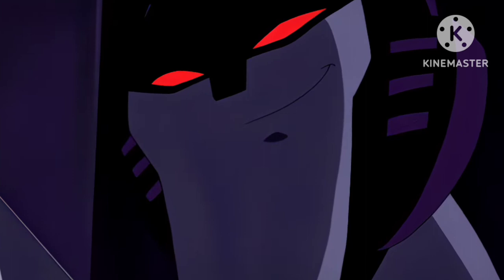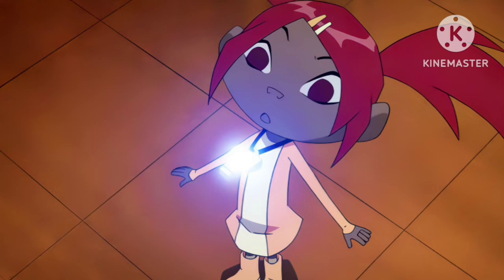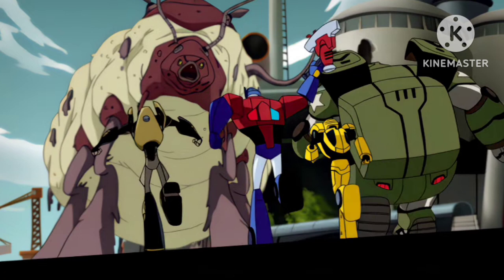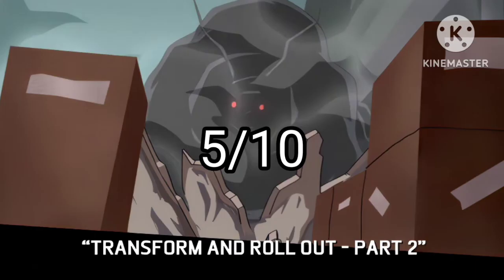Exquisite. This is an okay episode. It does really important things like introduce Sari, her key, the Autobots' Earth forms, and fan zone. But the whole thing with the giant monster feels a little like filler action just for the sake of it, and they probably could have just cut it out and have Starscream attack, and then the Autobots introduced from there. I'll give this episode a 5, and there's not much else to talk about, so I guess let's talk